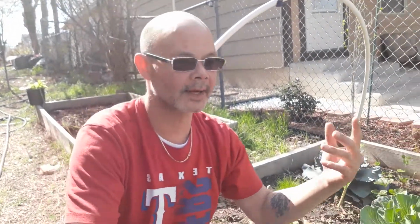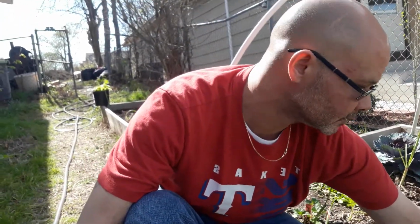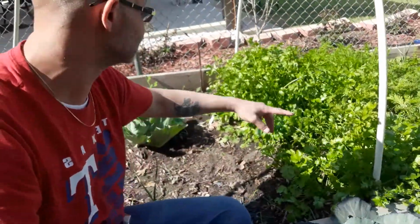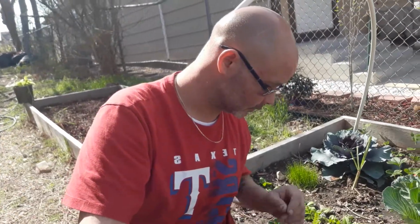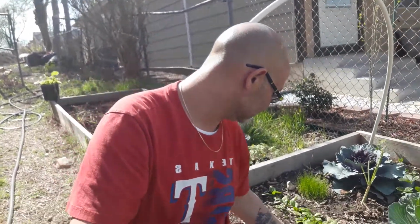I also add quite a bit of nitrogen fertilizer to those citrus. The cilantro will be bolting here pretty soon. I'll let a few of them go to flower and save the seeds. Keep some coriander for cooking with and for replanting next year. So yeah, the carrots won't bolt. They're biennial. But yeah, I've got a lot of different stuff in here, and I just need to get